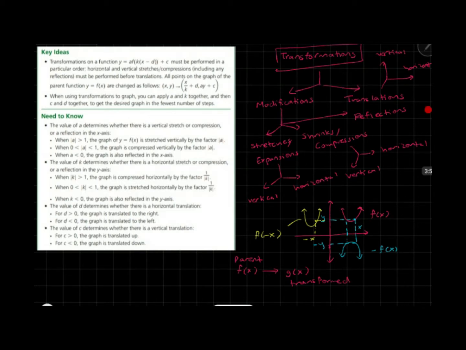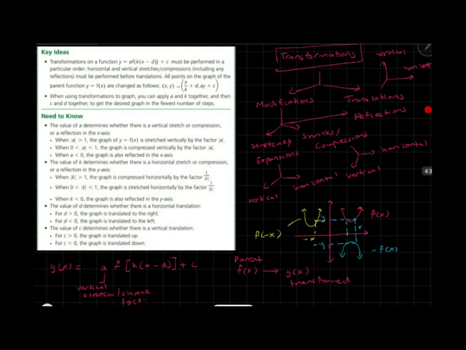But we're going to look at this template as g of x is equal to a f of k x minus d plus c. And you might see this using different variables. These are just the variables that I've chosen to use, and I'm correlating it with this excerpt I got from a textbook. So in this case, a here is your vertical stretch or shrink factor,